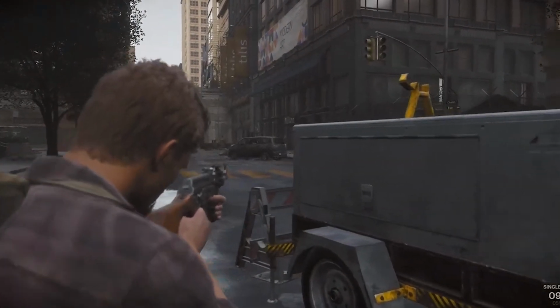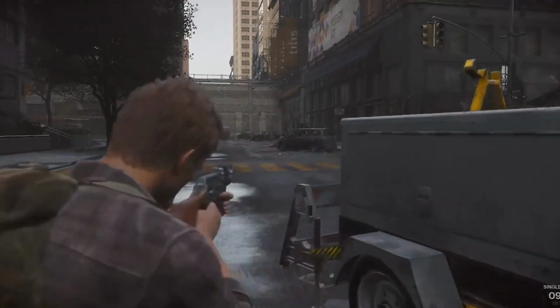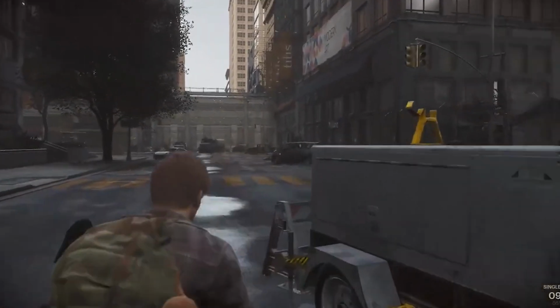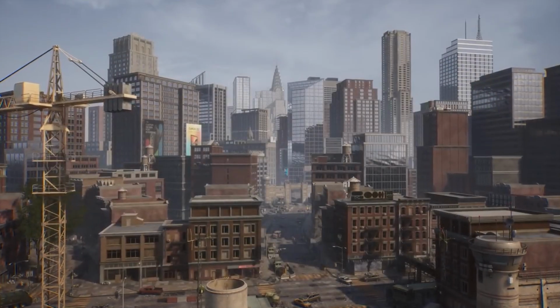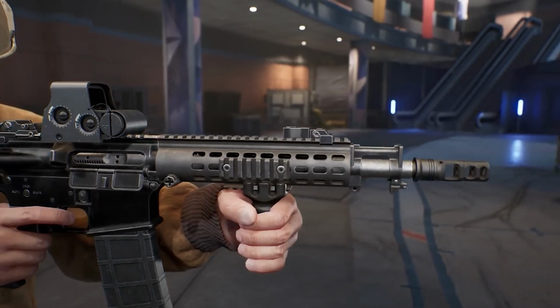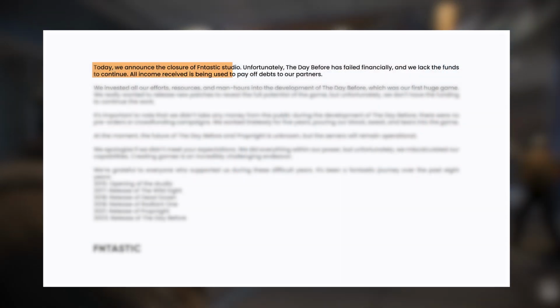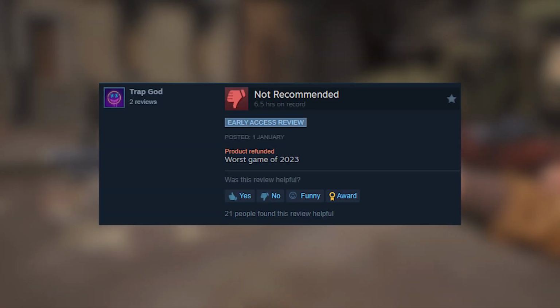The final product also faced accusations of plagiarism, heavily borrowing elements from other titles, most notably Ubisoft's The Division. Despite delays and promises of improved gameplay, The Day Before arrived riddled with bugs, lacking key features, and offering minimal depth. The closure of developer Fntastic shortly after launch marked a sad end for the project, leaving players disappointed